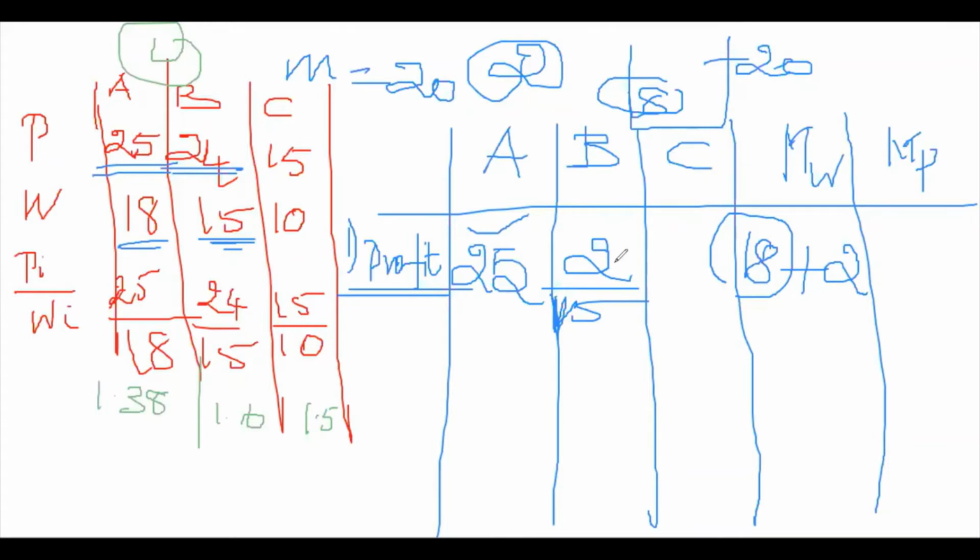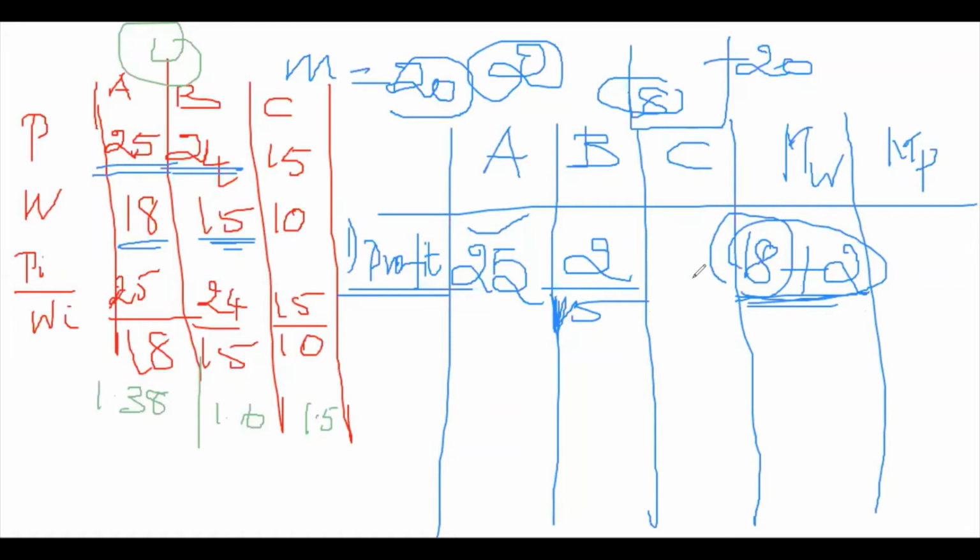But the capacity is 20 kg. You are choosing the first object, which has weight 18. For the second, you choose the next maximum profit, which is object B, and from that object you are choosing only a weight of 2. So here I am choosing 2 by 15. The capacity of 20 is already occupied, so the first criterion is satisfied.